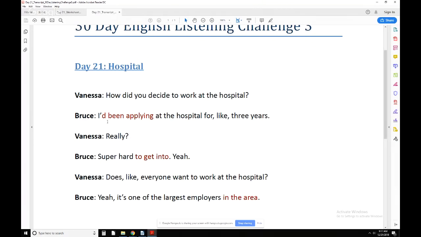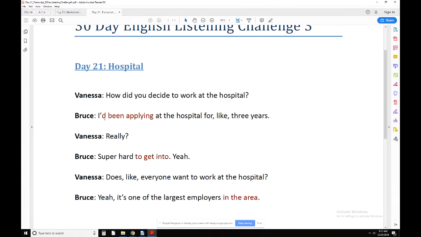But I'm curious, how many of you got this correct? I'd. What does that D stand for? That D stands for had. I had been applying at the hospital for like 3 years. Here he's using that past perfect tense. I had been